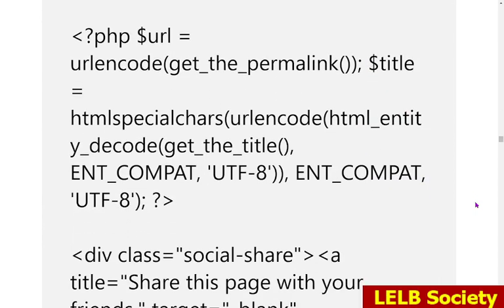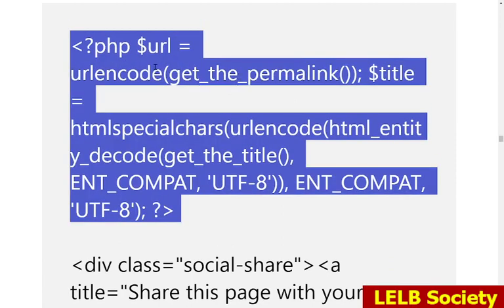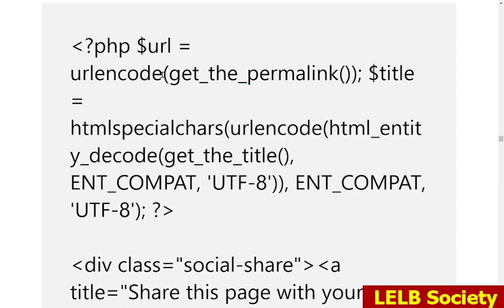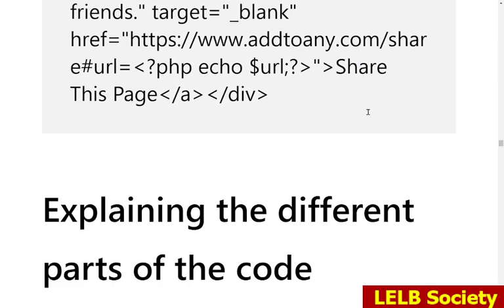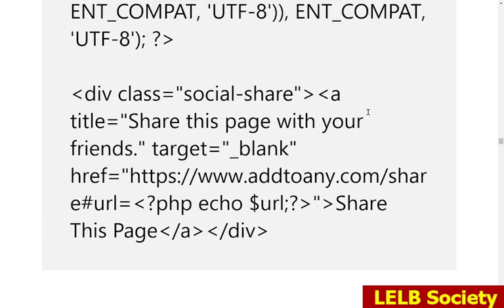Here is the code, and the first paragraph actually is a PHP snippet that can fetch the URL of any current window, and I'm going to explain it to you. Don't worry about that. And remember, you have the link to this article, because you need to open the article, and it is free. So just click on the link provided in the description area, and you can access this article. Anyway,